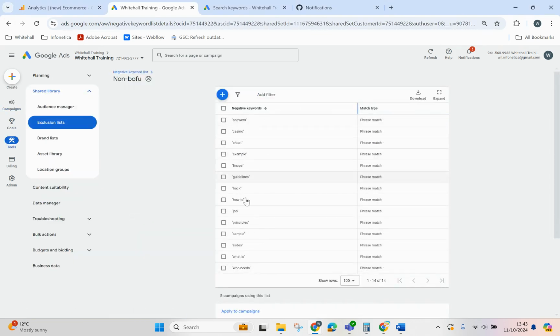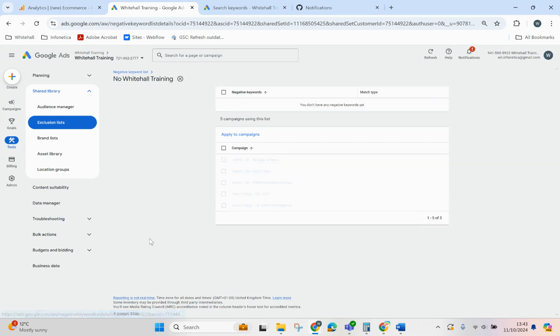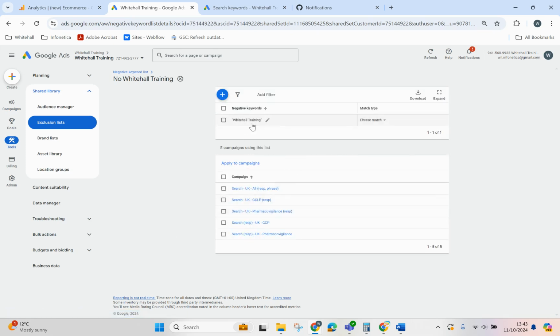These are all words that symbolize that someone's not bottom of funnel, so you don't want them clicking on your ads. And these are for the ones where you want to get rid of that annoying other search term feature by getting rid of Whitehall Training. Every ad group except Whitehall